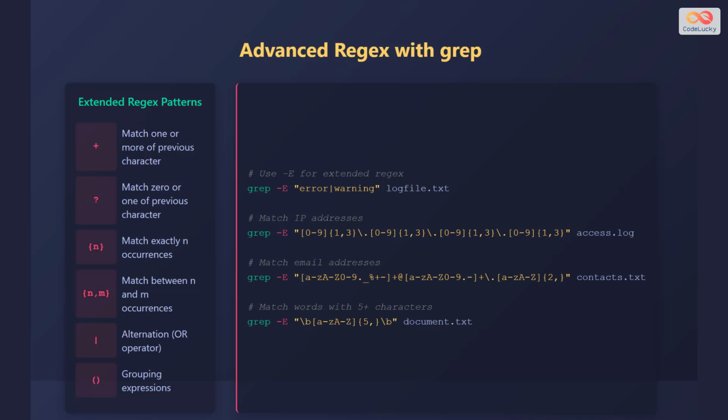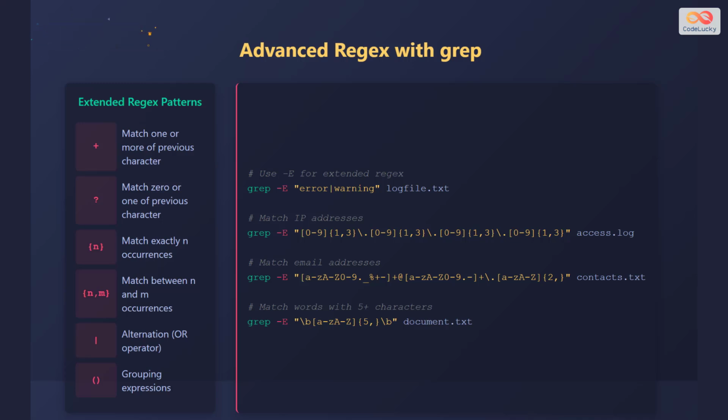Here are some examples. grep -E 'error|warning' logfile searches for lines containing either error or warning. grep -E '[0-9]{1,3}\.[0-9]{1,3}\.[0-9]{1,3}\.[0-9]{1,3}' access.log